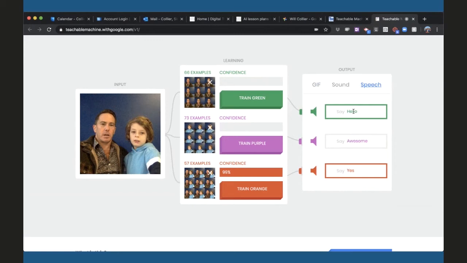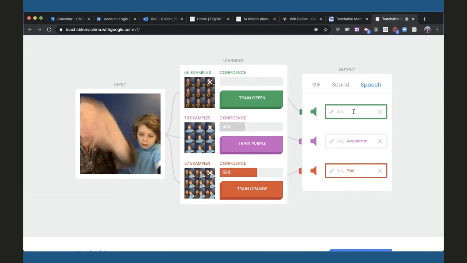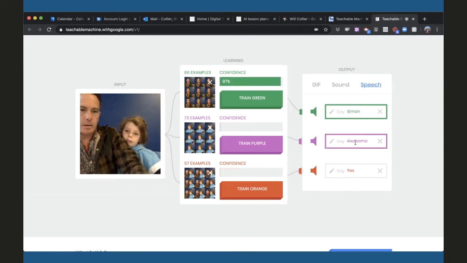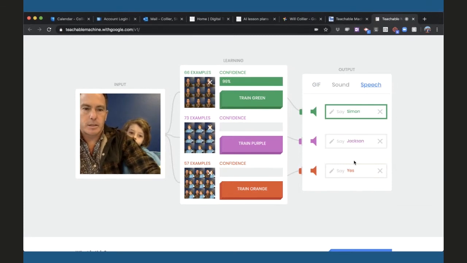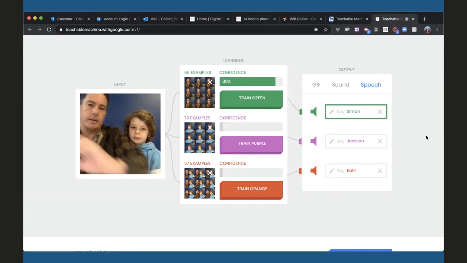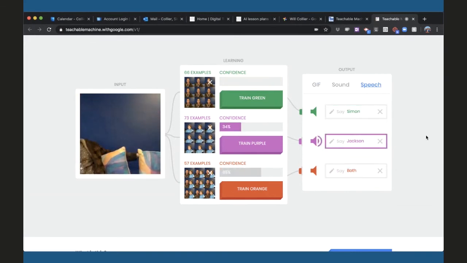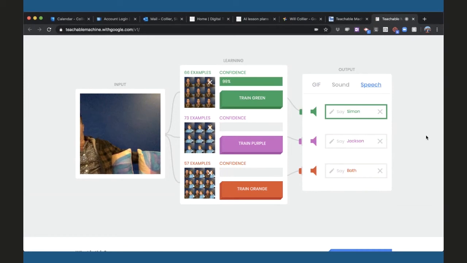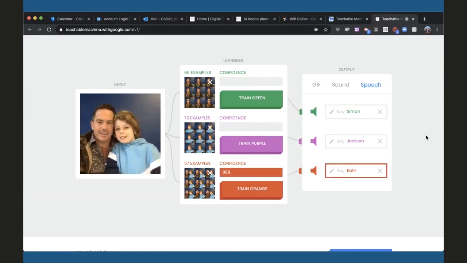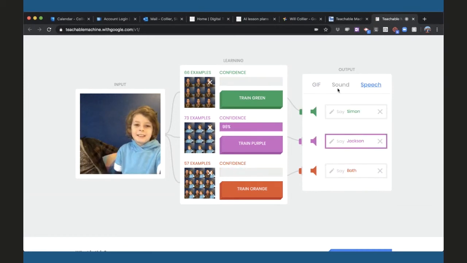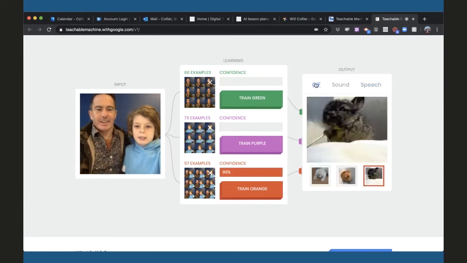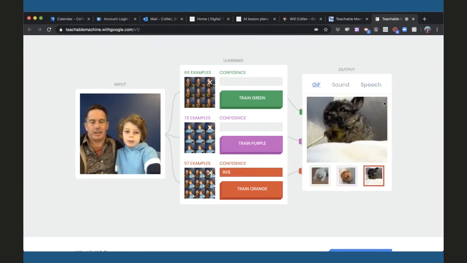Yes, and say the green is yes, Simon, yes, Jackson. Let's try it. Jackson, Jackson, Simon, both, Jackson, both. And then both of us is the last one.